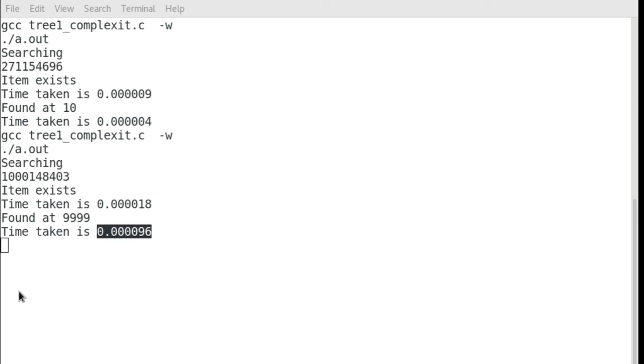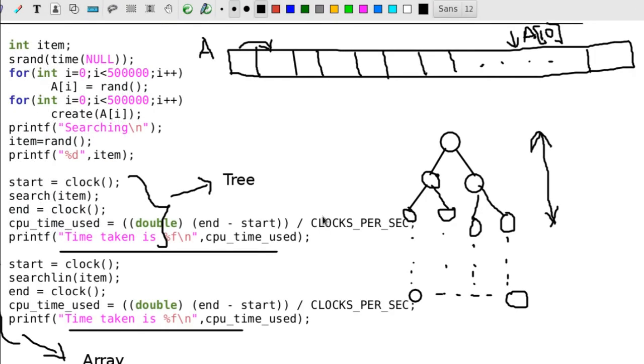This is because in the case of an array, the searching is like you will be starting from the first location, then you will be checking here, then you will be checking here, one after another. So this is how you search in a linear fashion. But in the case of tree, it is a non-linear data structure.